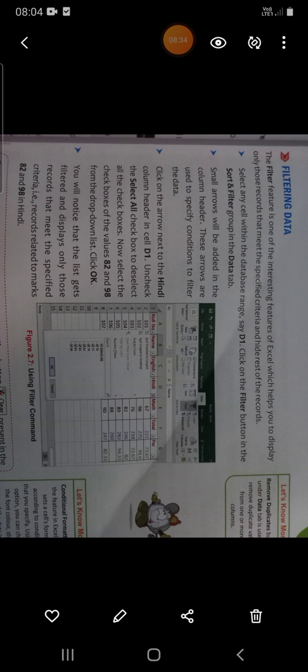And the next is filtering data. What is a filter? This term is familiar, but in a database, the filter feature allows us to see only some of the data, whereas it hides the rest of the data. Suppose in the given table, we want to see only a few records.